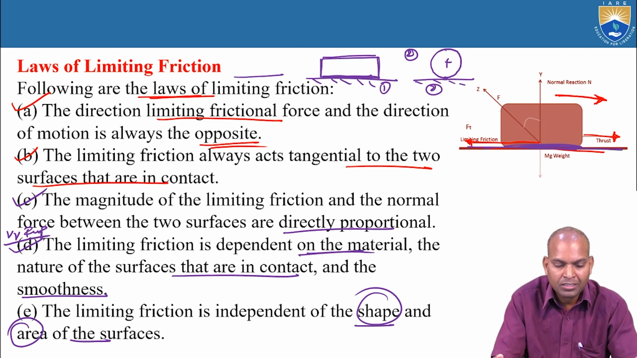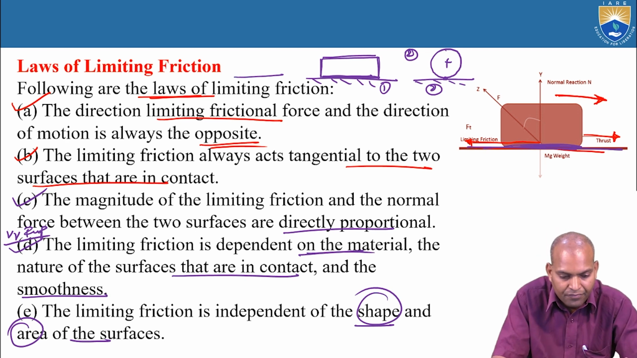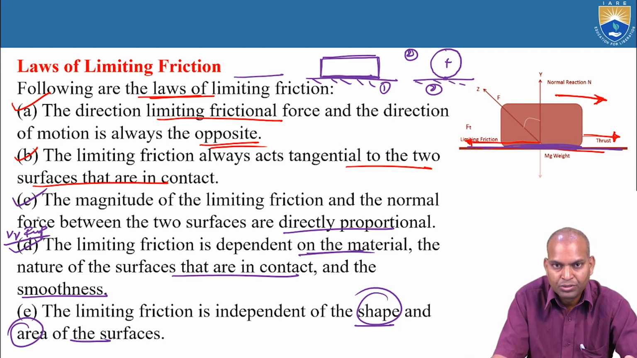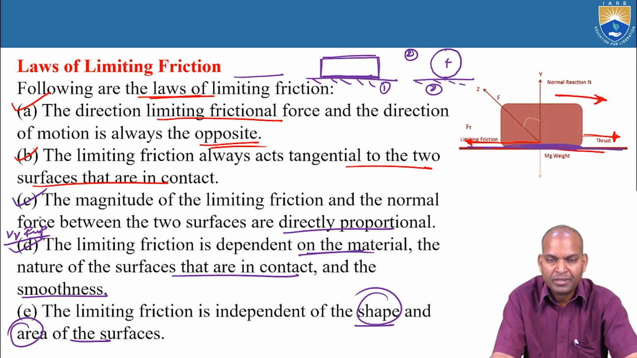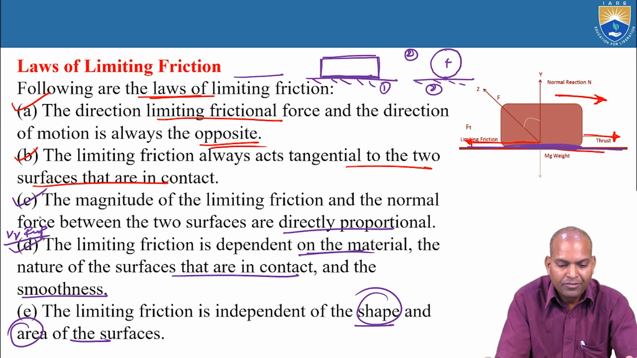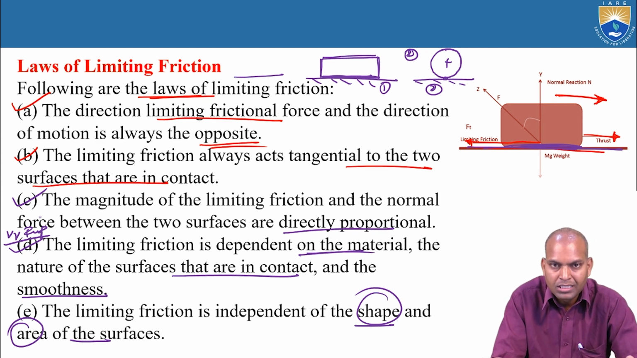So these are very, very important laws. There are a total of 5 laws mentioned here. The first law is about the direction, and the second law indicates whether it is tangential or normal. The third one is related to the magnitude, and the fourth one is about the dependent parameters: what limiting friction force depends on. And finally, the fifth one is the independent action: what it is independent of. So these are the 5 laws of friction, very, very important laws in order to quantify the frictional force